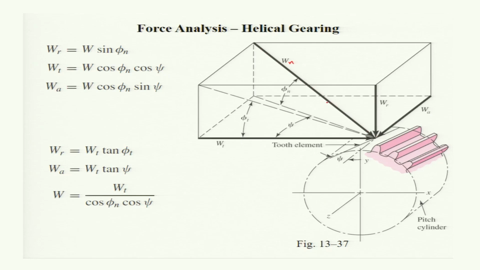When we take components of this Wn in the transverse direction, meaning tangential direction, the radial direction, and the axial direction, then we get the transverse load Wt on the helical gear, the radial load Wr, and the axial load Wa. With the sin phi n and this psi, we get the Wr,